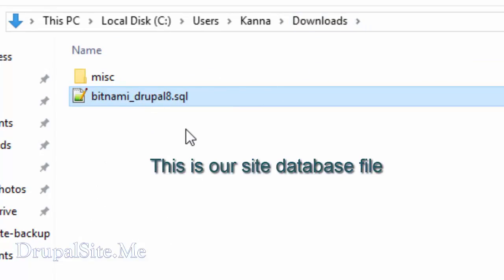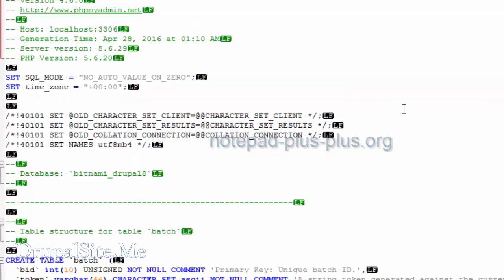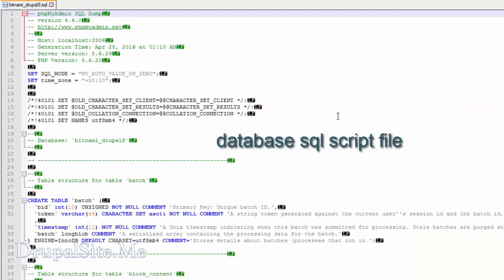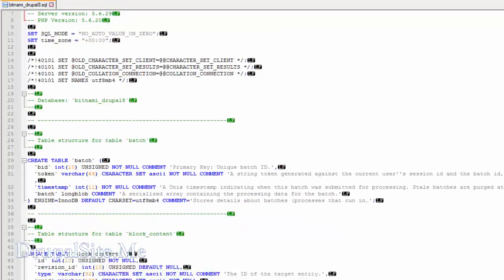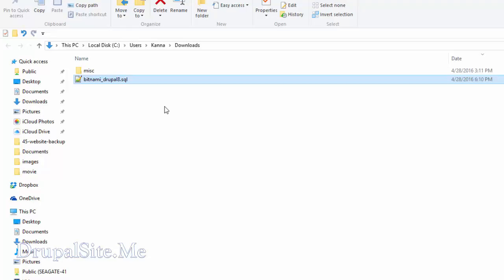You can actually open it and have a look. If it is a big file, it will take a long time to open. I have Notepad++ installed, so I should be able to open it very easily. Double click on it. So this is what the database file looks like. It is basically instructions to create a database and create tables and add values to it, all that. Don't change anything. This is a bit advanced. If you change anything, you may mess it up. So just close it. And what you have to do is move this database file to the web folder we created before. You can close this window now.